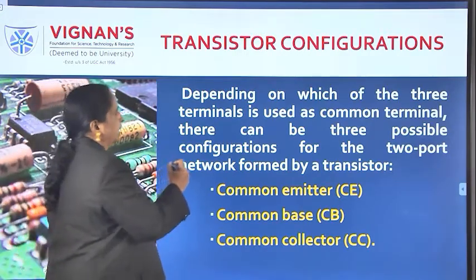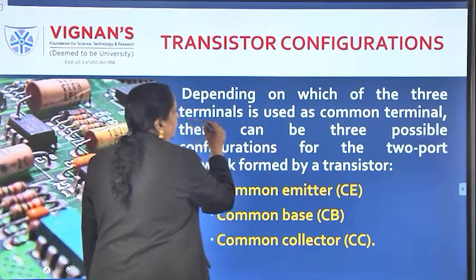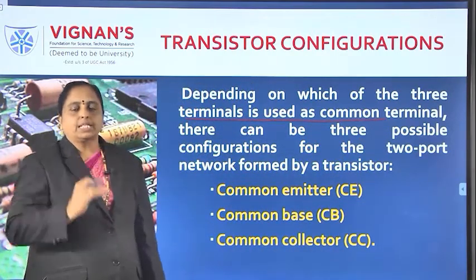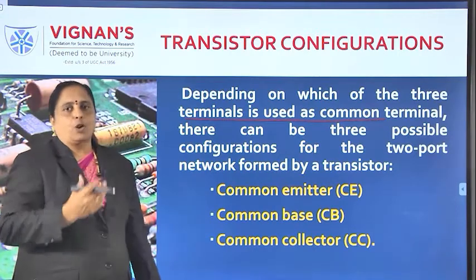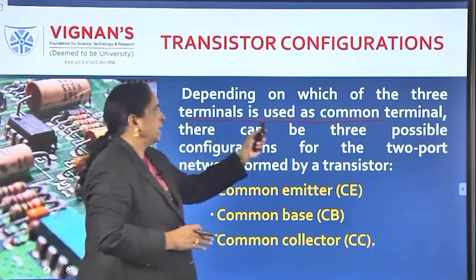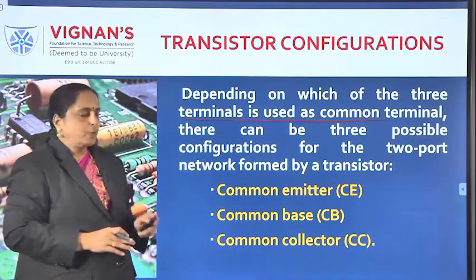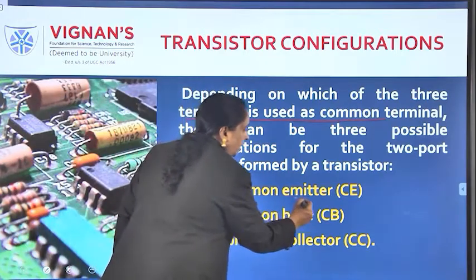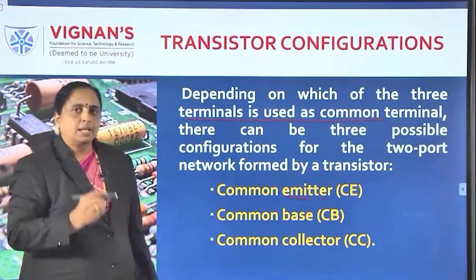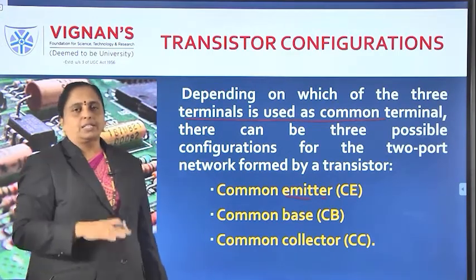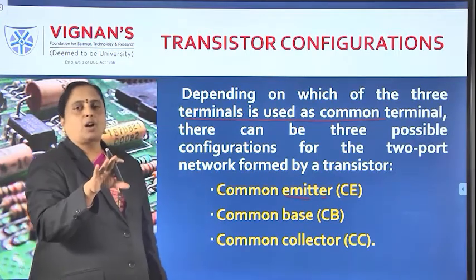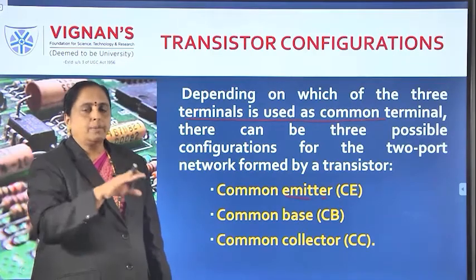Okay, now here you see, it depends upon which of the terminals is used as a common terminal. One of the terminals must be made common, in order to control the flow of charge carriers from one terminal to another terminal. Suppose if you make emitter common, then we can call this a common emitter transistor. That is, emitter common means emitter is grounded. Usually we say in case of common emitter that the emitter is grounded, but we can also say that emitter is common to the remaining two terminals.